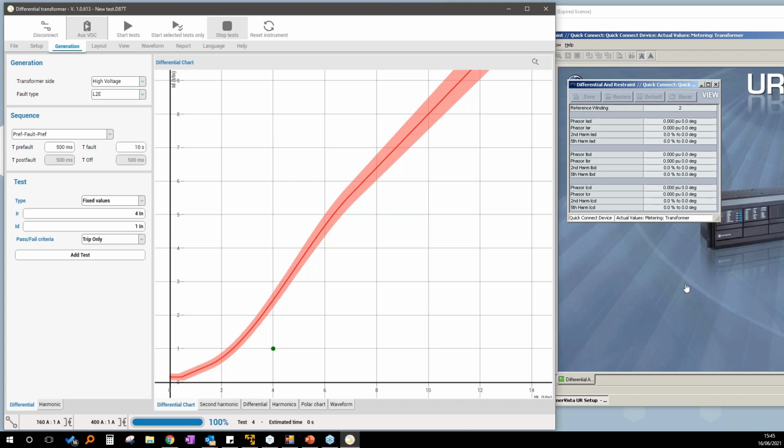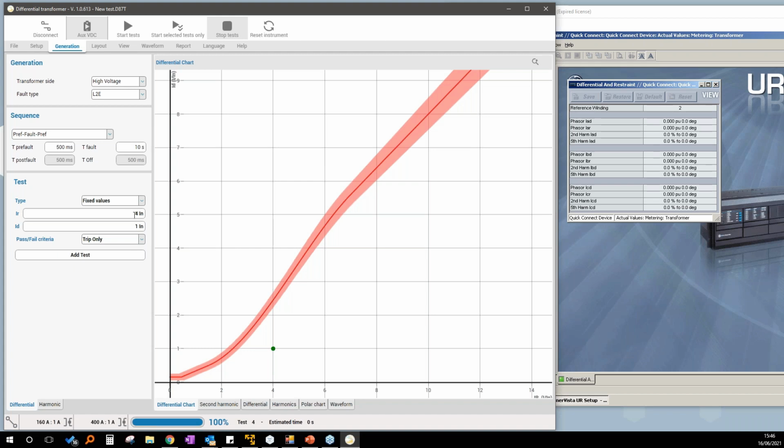Maybe you expect the relay to trip or not to trip, and then you are lost because you don't know why this strange behavior is happening. But if you are sure about the measurement, then you can safely perform all the tests.